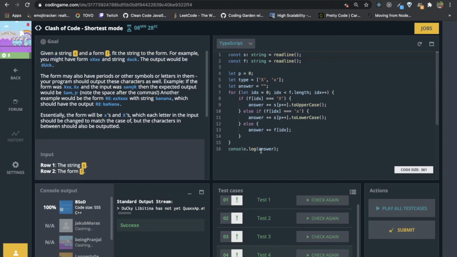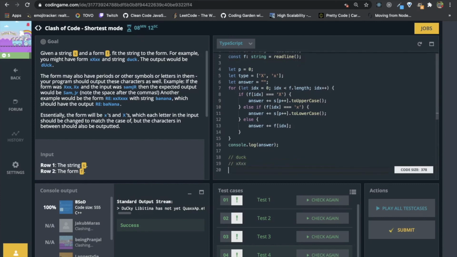We need to convert this string duck in the form of this. So we can convert it: D, then capital X. So here we will use capital U, then we will use C, then K.